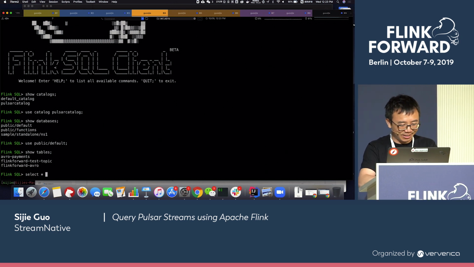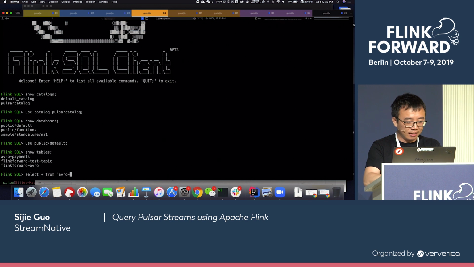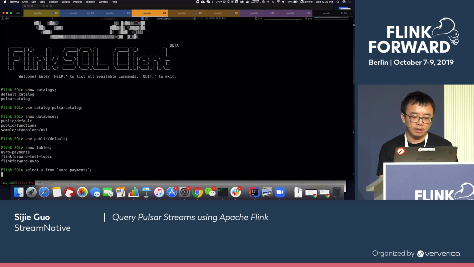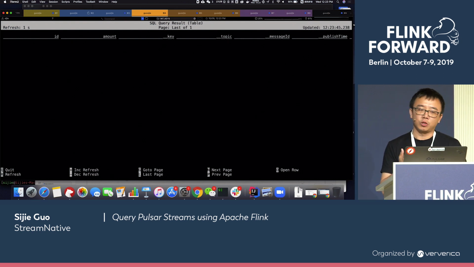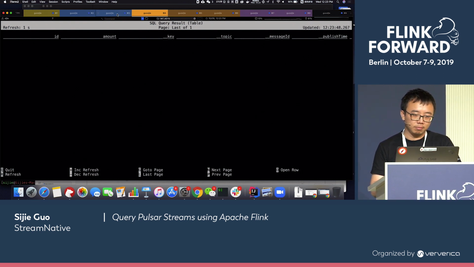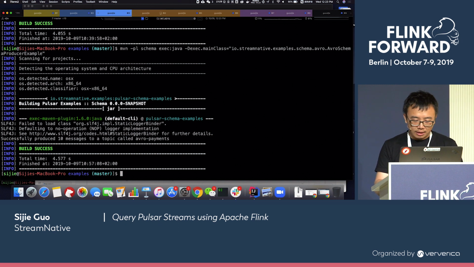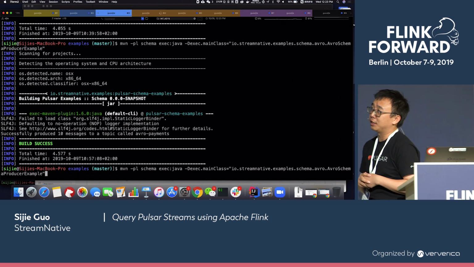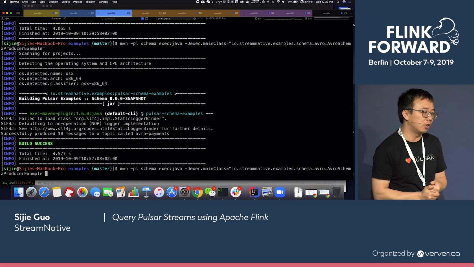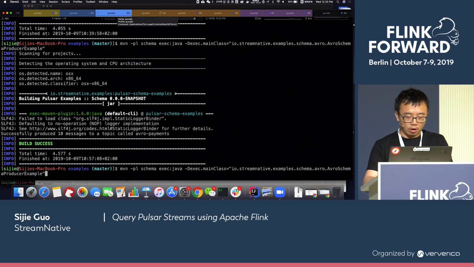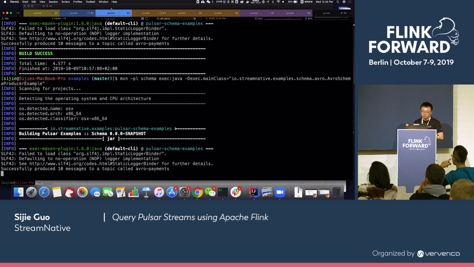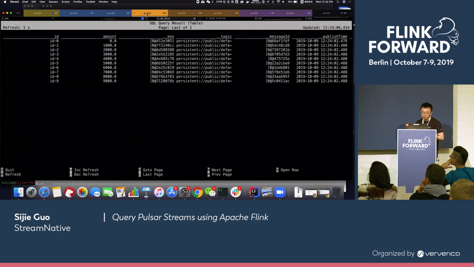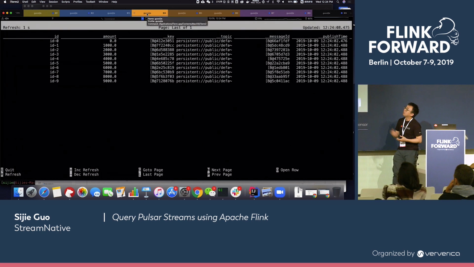Let's just keep this simple. I think it's a streaming query that keeps watching any data arriving in this topic. And I have a separate example that publishes an Avro structure to the topic. I publish 10 records into the topic, so they automatically show up as records.